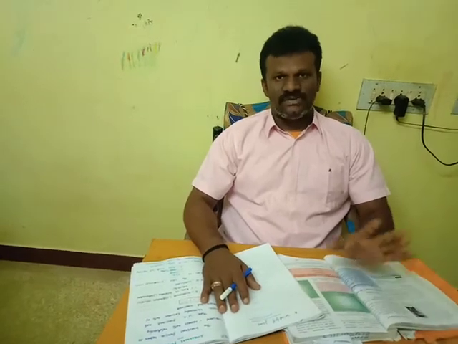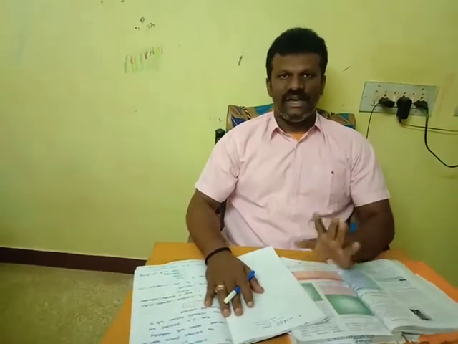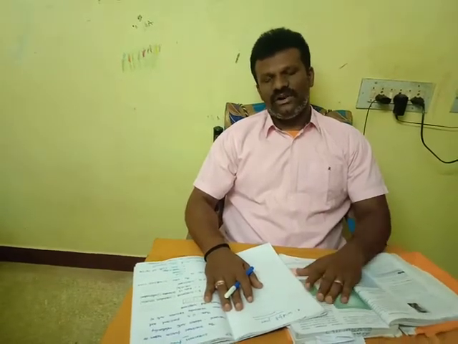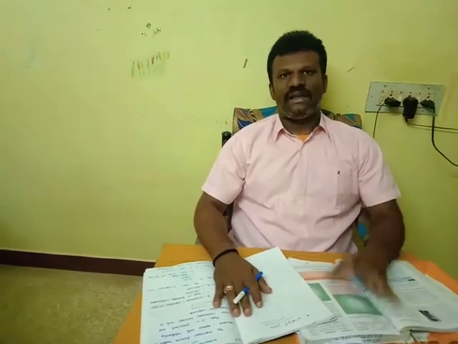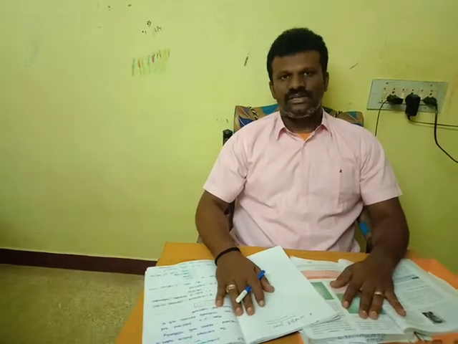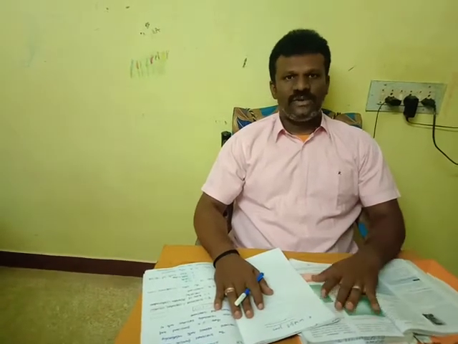We already discussed that national income consists of the relationship between the consumption and investment functions. Last class we finished the consumption function, and from today onwards we are going to discuss the investment function. In this class we will discuss what we mean by investment function, the types of investment function, and the determinants of investment function. Okay students, now we are going to the investment function.